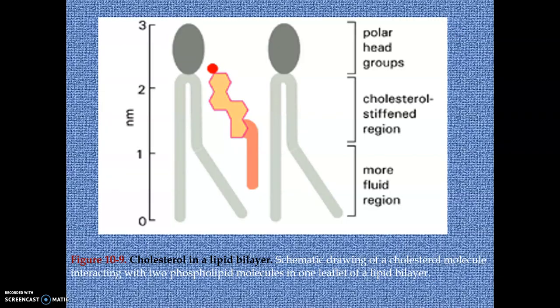Let's see how it works. Look at this figure here. These phospholipids have kinks, that is, they have unsaturation or a double bond in the fatty acid chain here. So they form a kink here. So what does cholesterol do? We know that a membrane having phospholipids with kinks will be more fluid. So when cholesterol comes and binds in between in this kink region, it fills the space here, and thus the membrane becomes less fluid. So that is another role played by cholesterol in the fluidity maintenance.